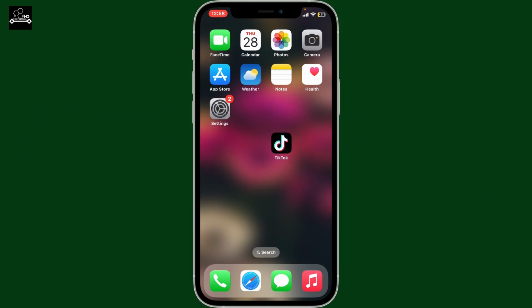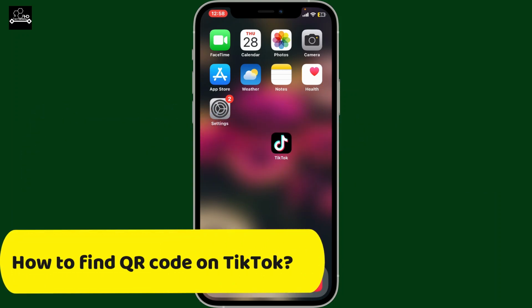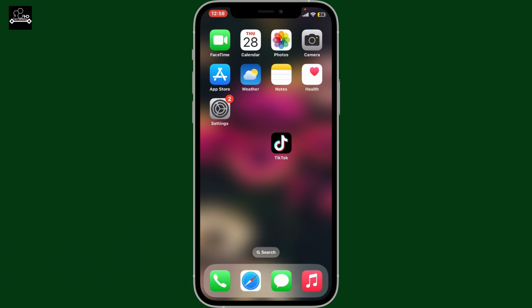Today in this episode we will be learning how to find QR code on TikTok. TikTok's QR code feature is an excellent way to share your profile or connect with others quickly. Whether you are a creator, influencer, or just someone looking to expand your network, having your QR code handy can